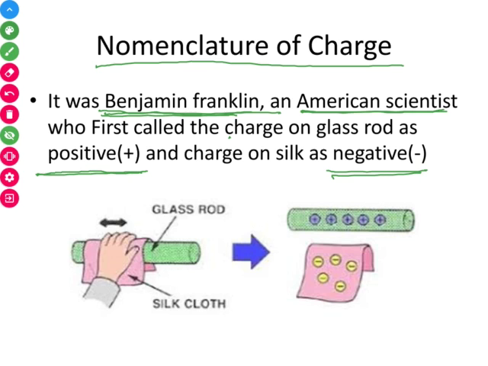As you can see here, this is a glass rod, and when it is rubbed with a silk cloth, both bodies get charged. He found that the glass rod actually contained positive charge, and the silk cloth contained a negative charge. So on the basis of this and a lot of other experiments, he gave the name